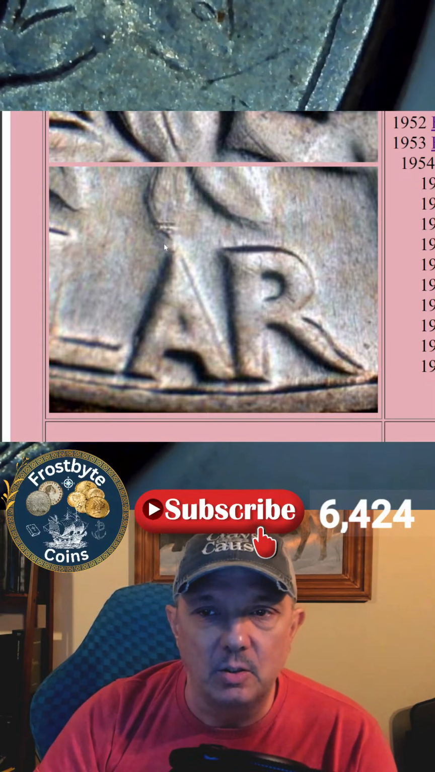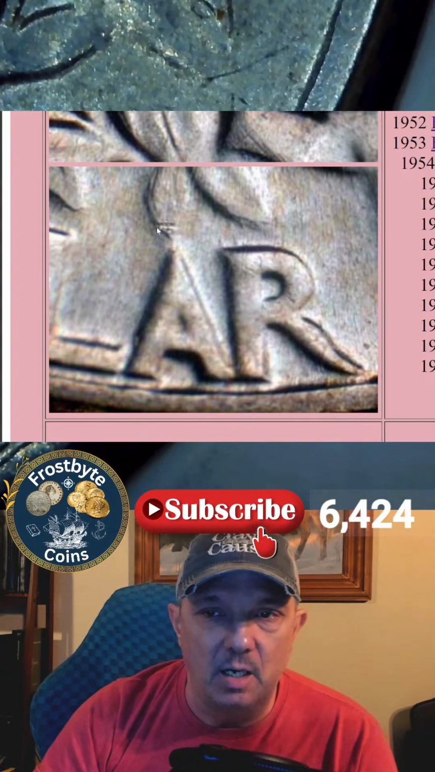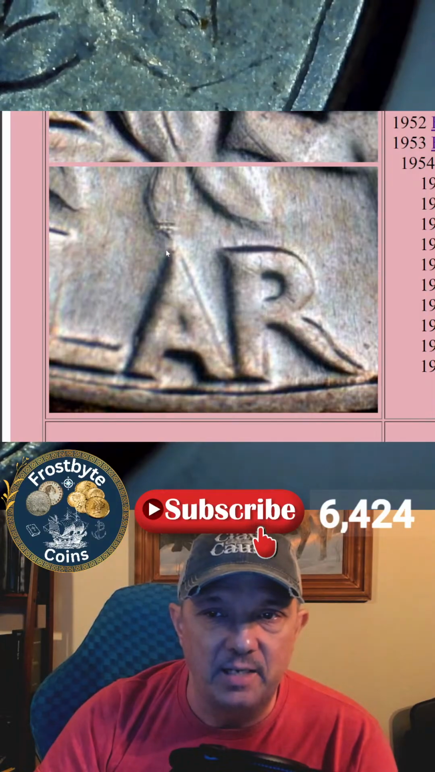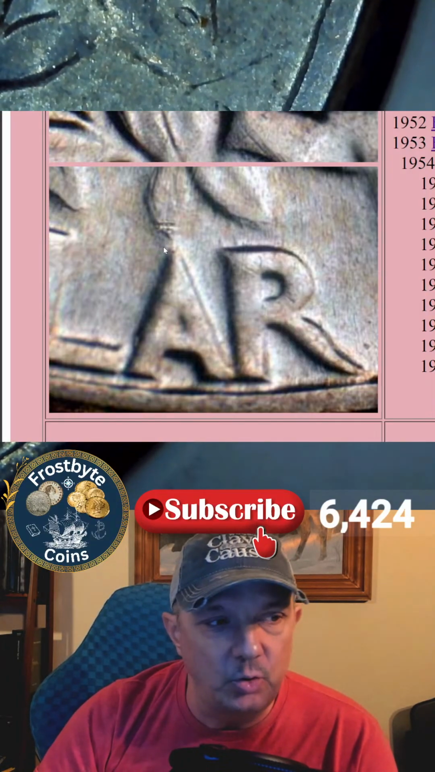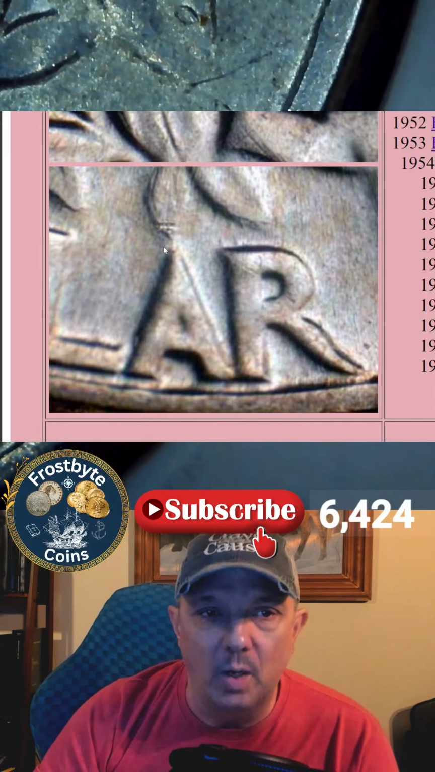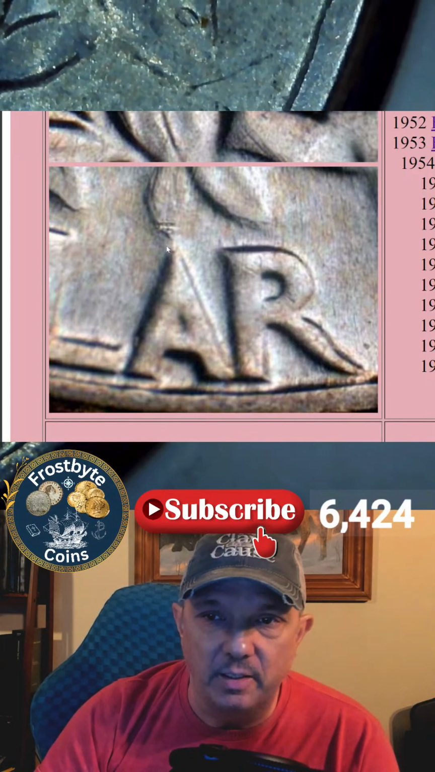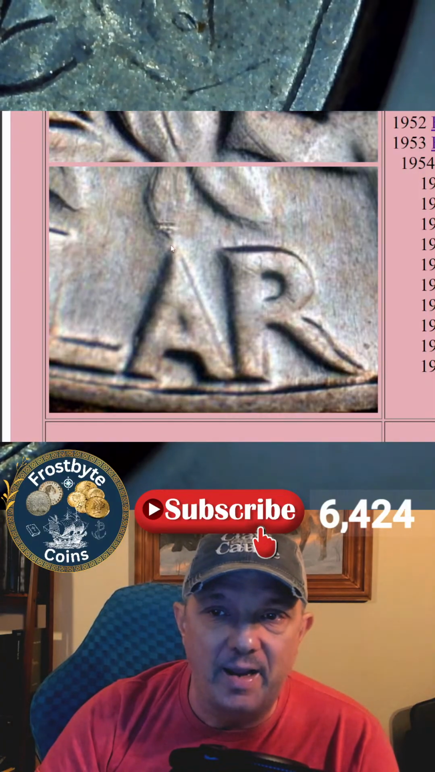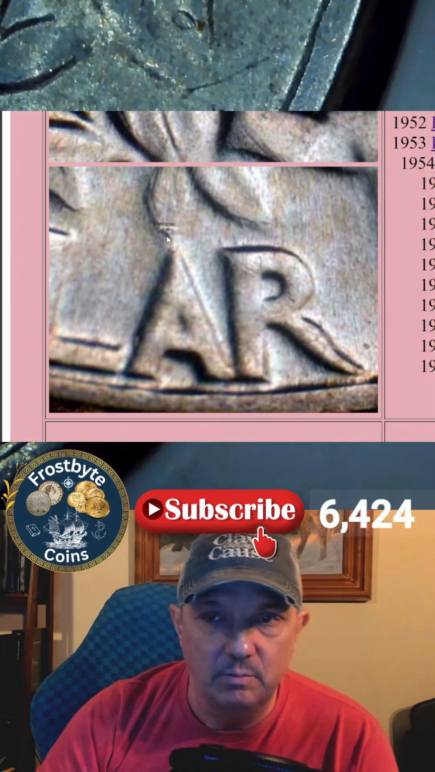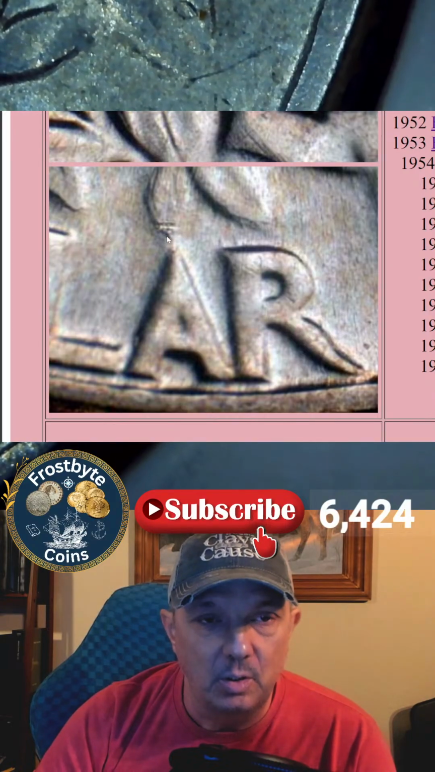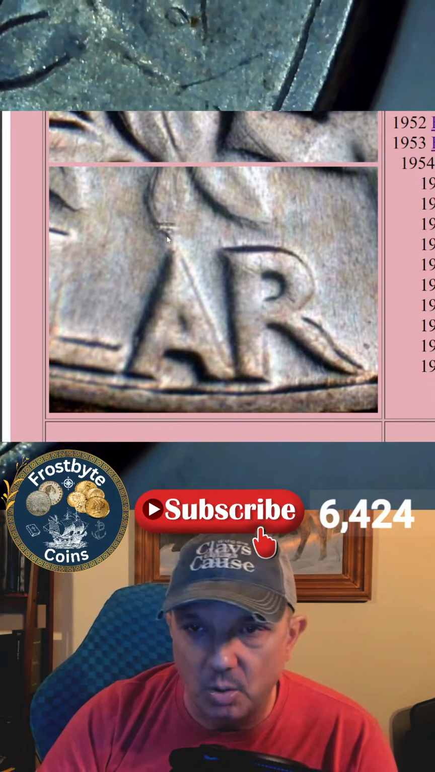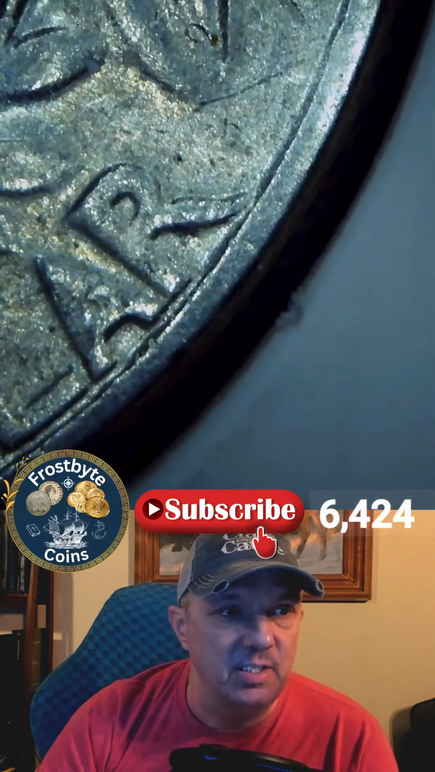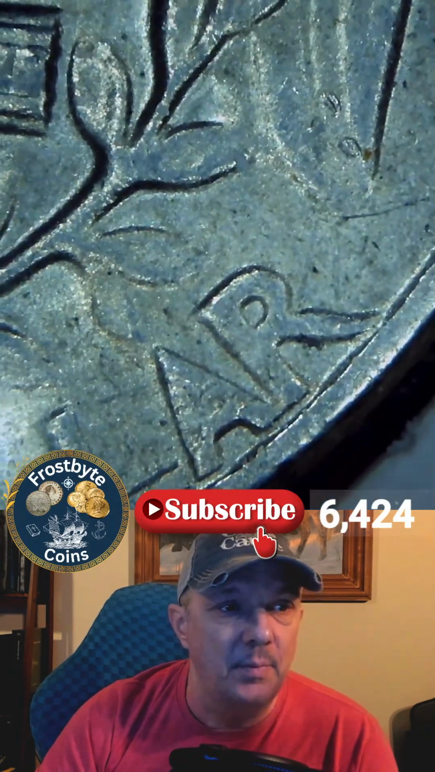Now, I want you to look at the design of the leaf. It's actually here. It doesn't actually come down by the A. When I show you the other one, you'll see exactly what I'm referencing, but otherwise it's here. Now, with that being said, there can be die breaks that happen here. This is why you need to be familiar with the next set of photos I'm going to show you. Okay, so we look at this coin, and yes, we can see that there is that distinct gap in between